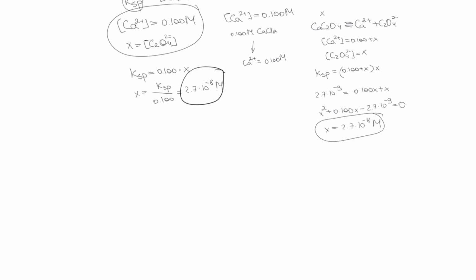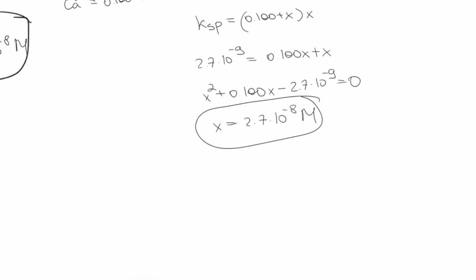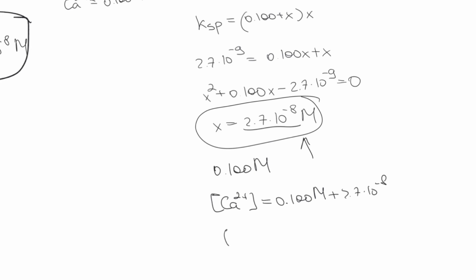Yeah, right here. Now if we compare that to the calcium concentration from the calcium chloride, which is 0.100 molarity, this number is really small. It's extremely small. So now it's absolutely valid to approximate that the concentration of calcium 2 plus is equal to just 0.100 molarity. If you want to add this number, you can, but you'll get that the concentration of calcium 2 plus will be just equal to